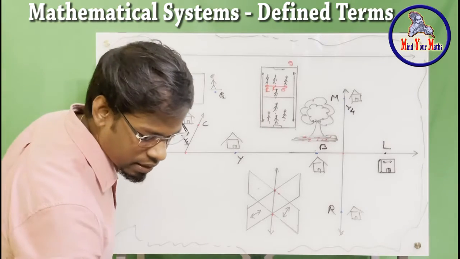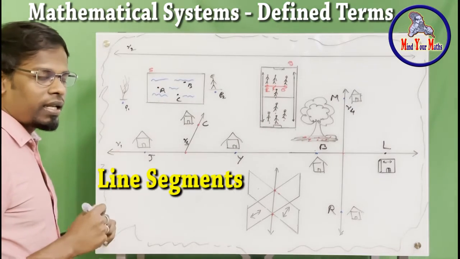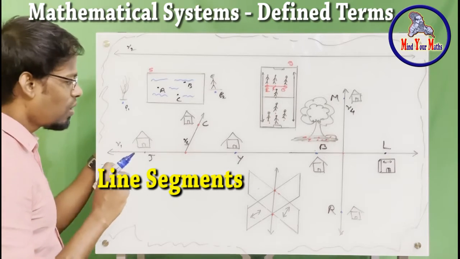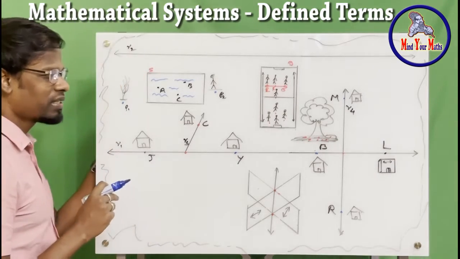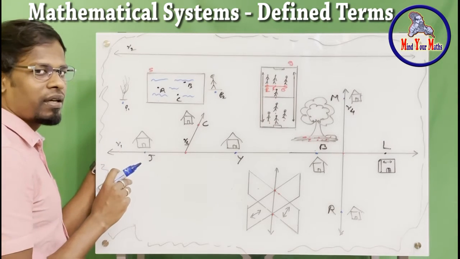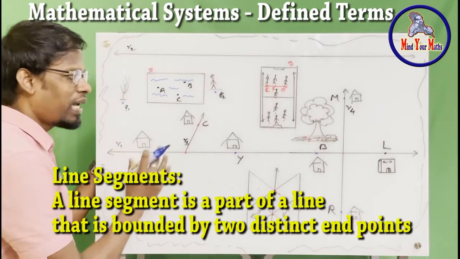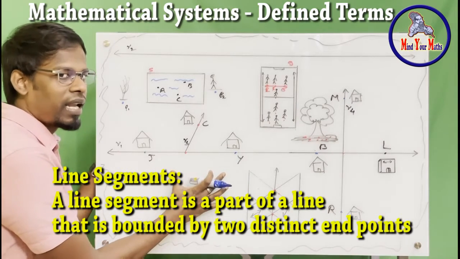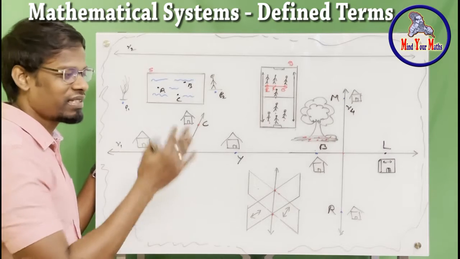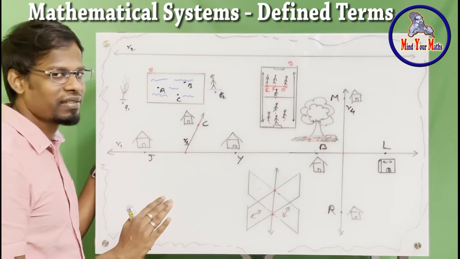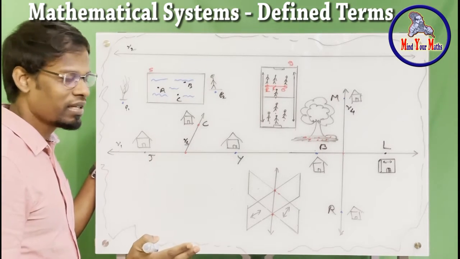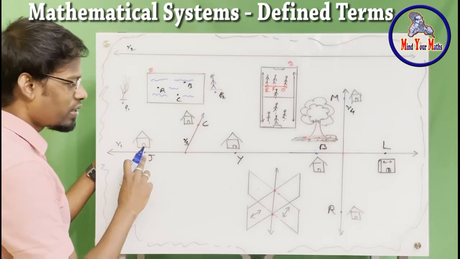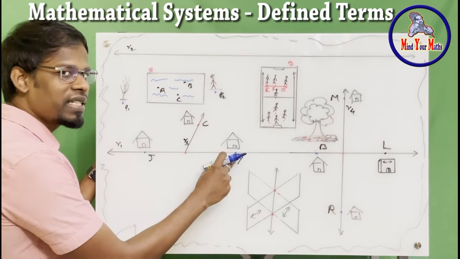For lines, there are line segments. First, to start with, line segments. What is a line segment? If from a line you take a subset of the line, that is the line segment. Segmenting means just cutting them into smaller size. That is what segmenting means. Got it? So now in this case, from point J to point Y, that is a segment of the